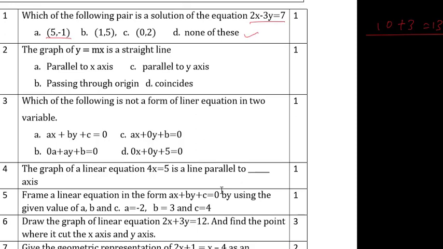When the problem is of 1 mark, you can directly write the answer by checking the options. Or else, if you are doing some calculation, then show that calculation in your answer.